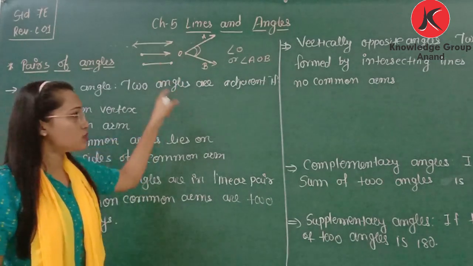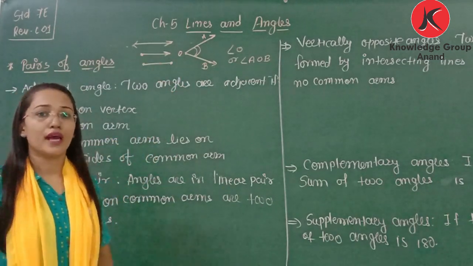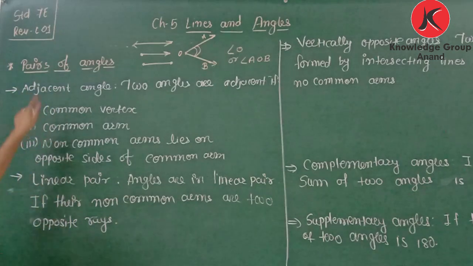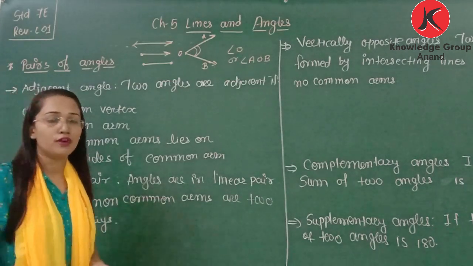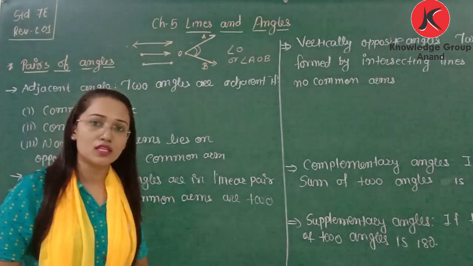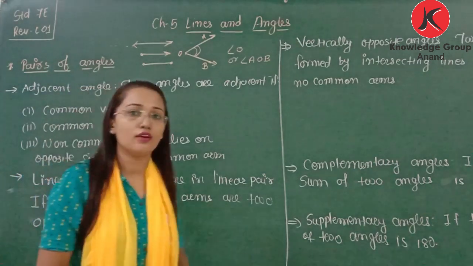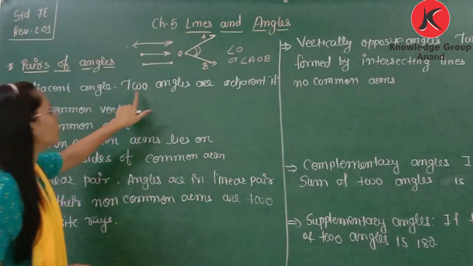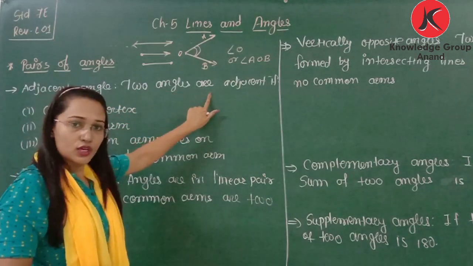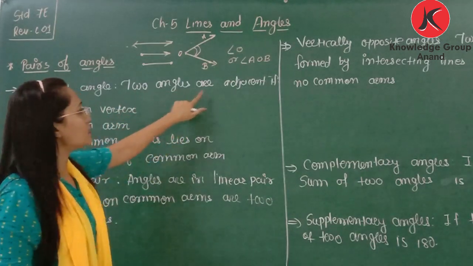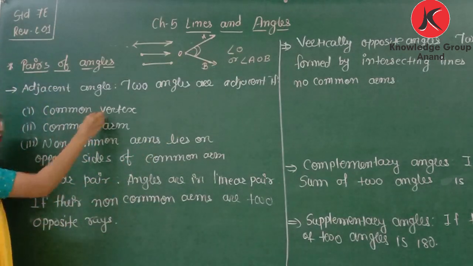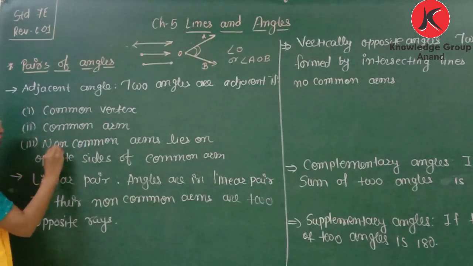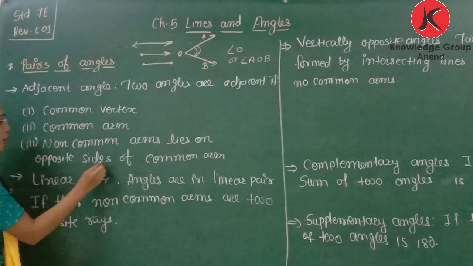Okay, now we are using this concept to form the different types of angles. So first are pairs of angles. Which pairs of angles did we already learn? The first pair of angles is the adjacent angles. Adjacent means next to each other. What is the definition of adjacent angles? Two angles are adjacent if they have a common vertex, they have a common arm, and